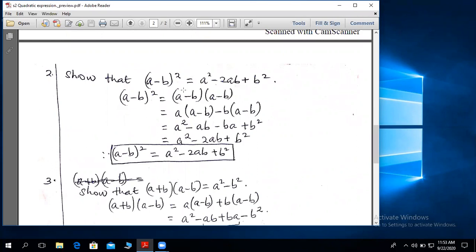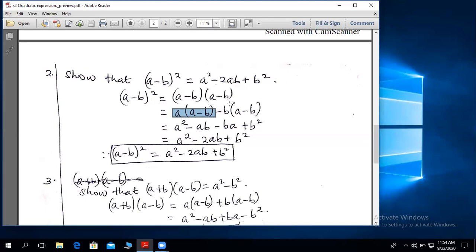Now, as I have been telling you, a minus b squared is the same as a minus b into a minus b. So this one will be the same as, you get this a, you multiply it by the whole of this bracket, a times the whole bracket,